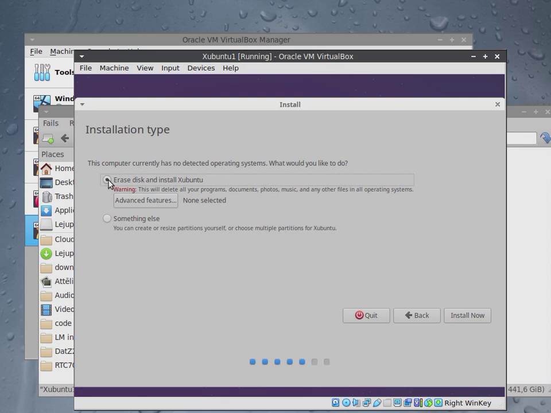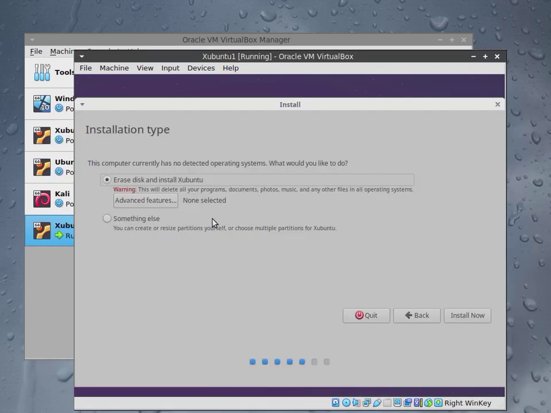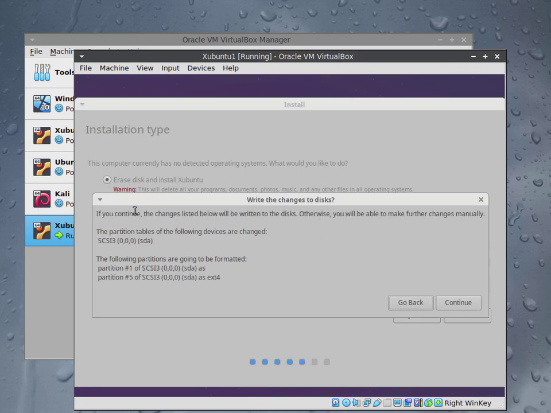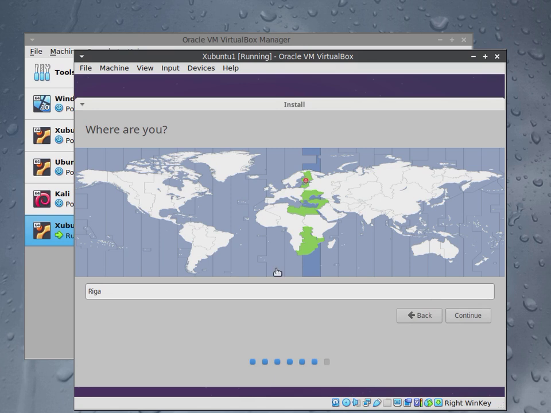So this doesn't mean that the entire disk of your host operating system will be wiped out. It means that everything will be wiped out from this file on your physical computer. But of course, if you run it on a native computer from external DVD disks, this means that you start a completely new life with your computer. So, not changing anything here